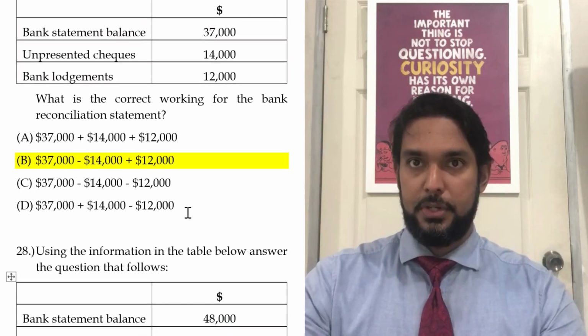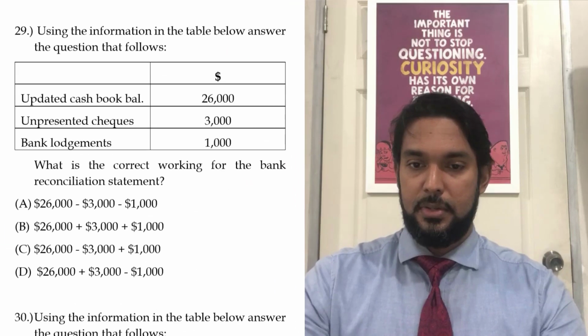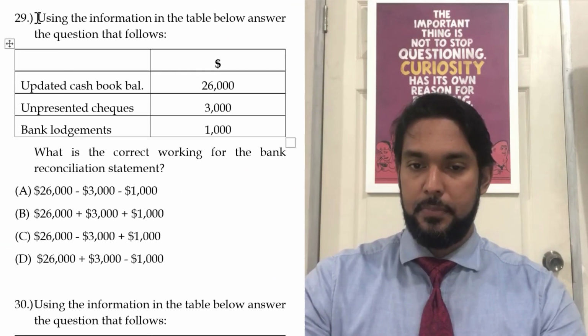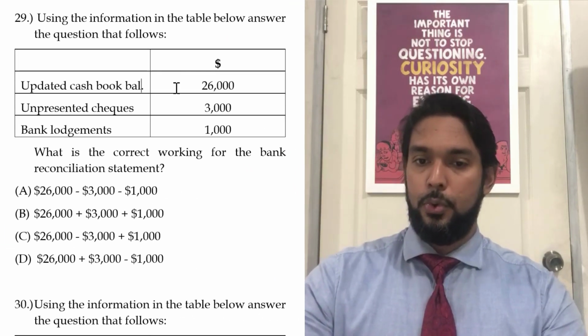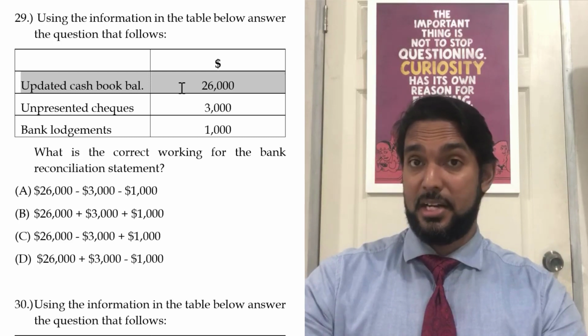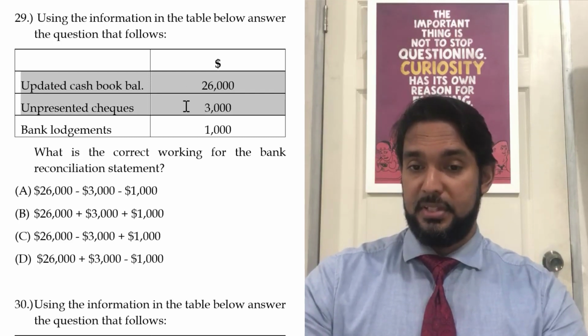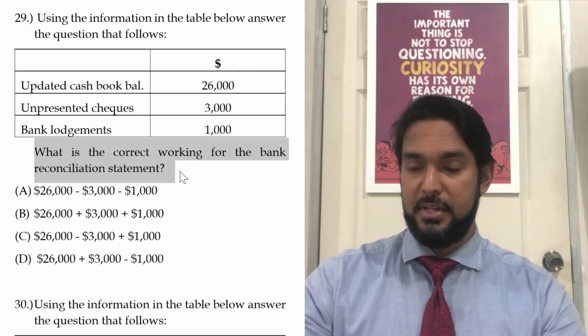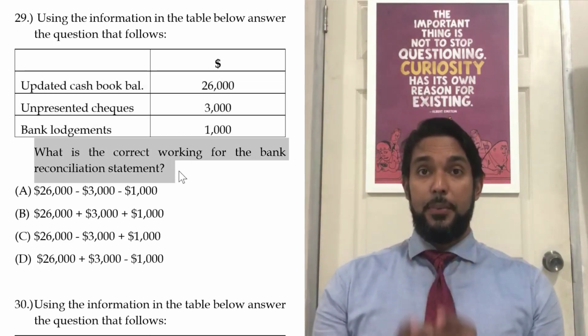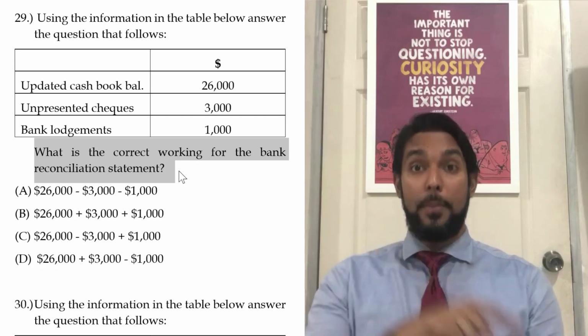Okay, last two questions. So number 29, let's scroll across to number 29. Okay, we're starting with the updated cash book balance. Unpresented checks, bank lodgements. What is the correct working for the bank reconciliation statement? Right, if you start with the cash book balance, you have to do the opposite of what we just talked